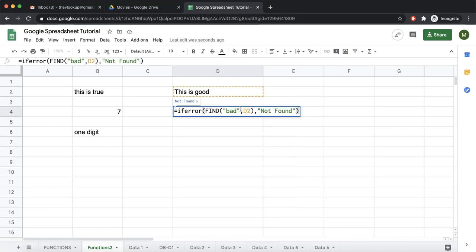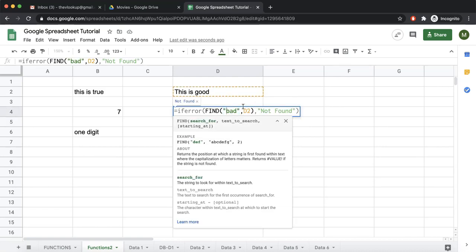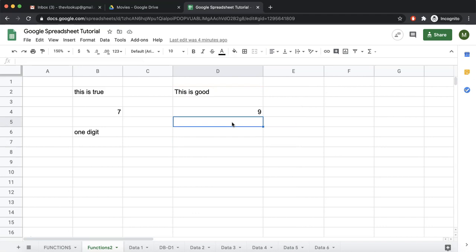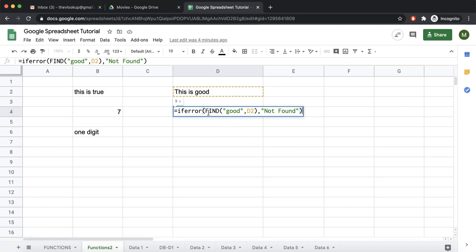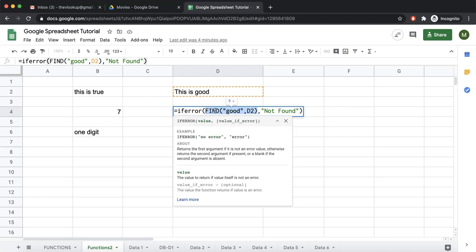Now for example, if I change this "bad" to "good"... I paused the video for some time because the barking sound was becoming too loud. So what I was explaining is what IFERROR does. Going forward you will realize that we are using functions inside functions. So this was one formula that we have written, FIND "good" in D2.